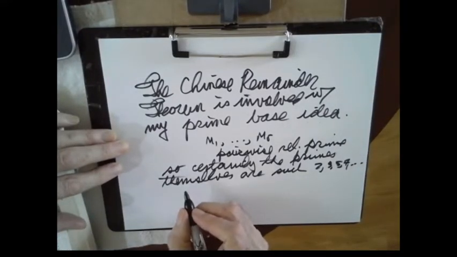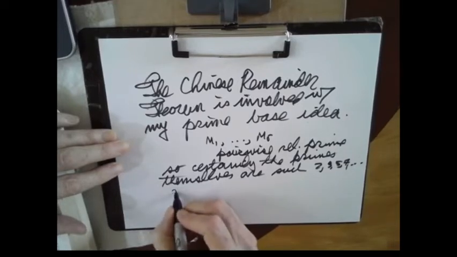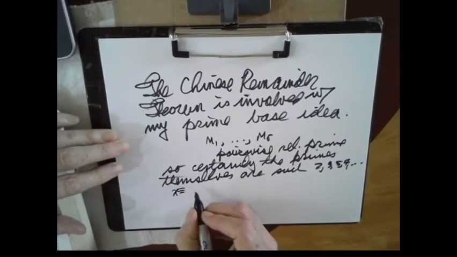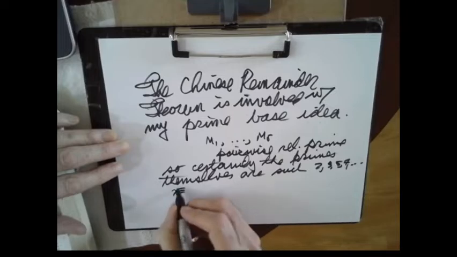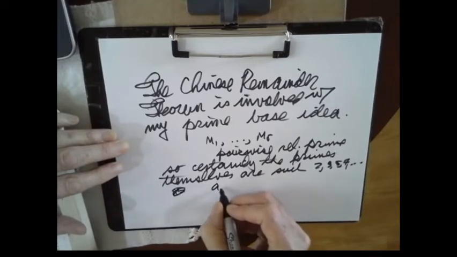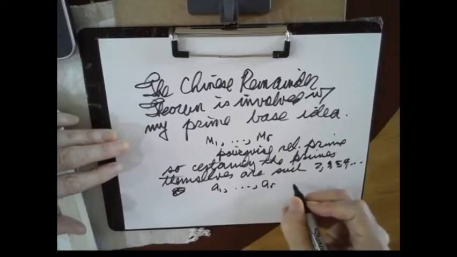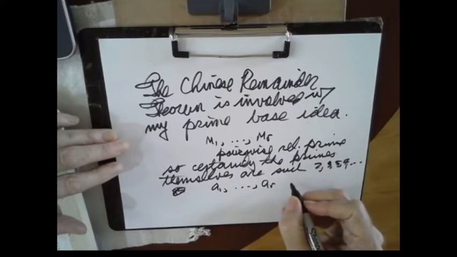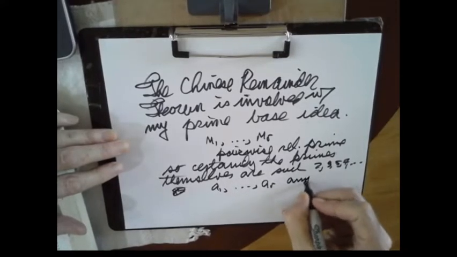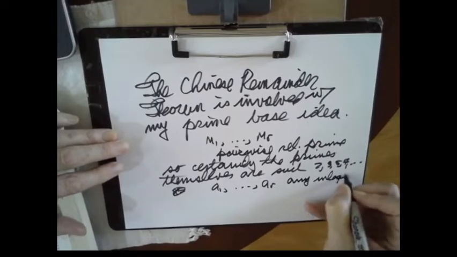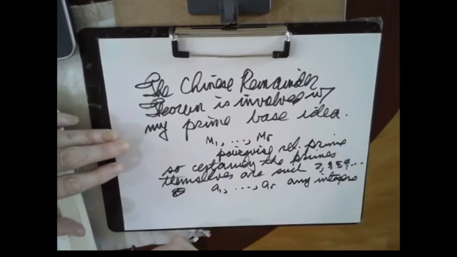So if you have those and you have A1 through AR, and they say any integers, so I assume that means positive, negative, 0,